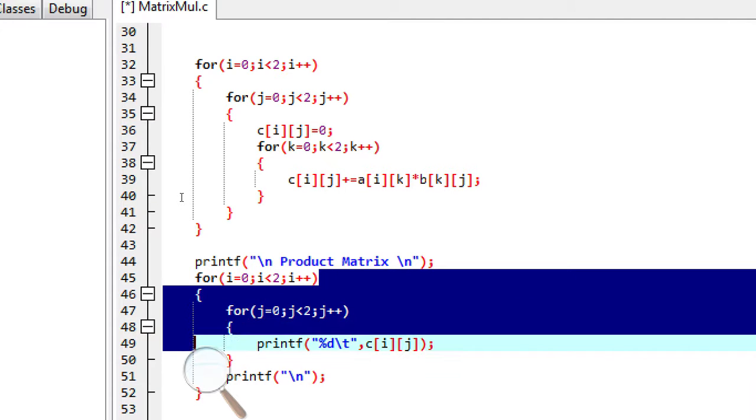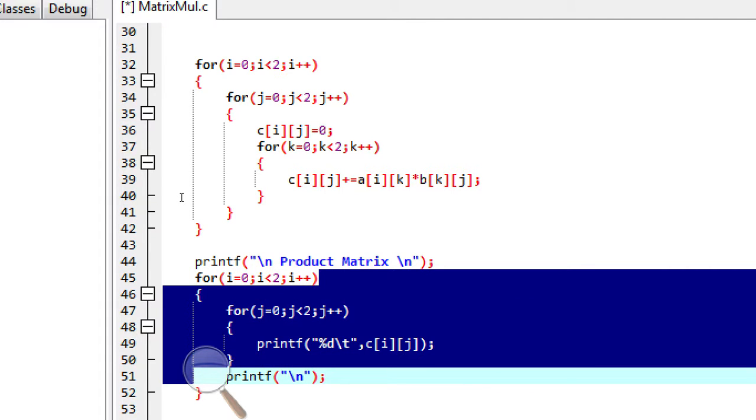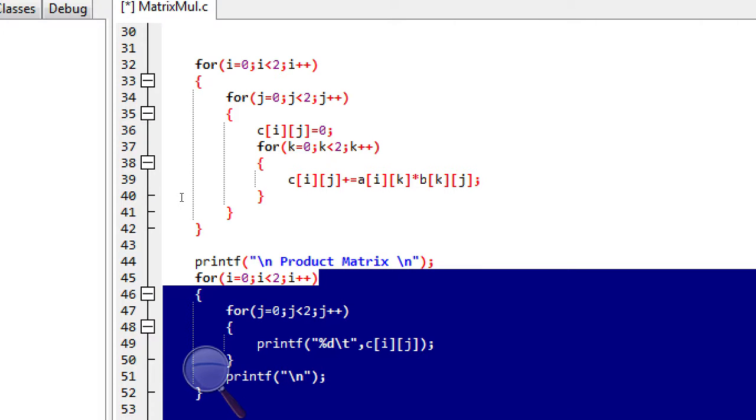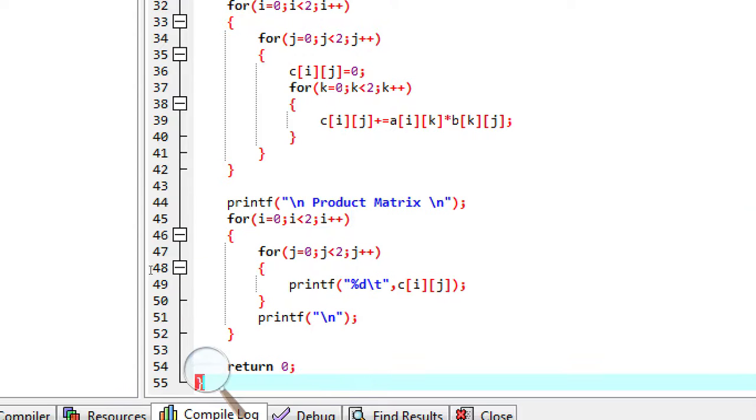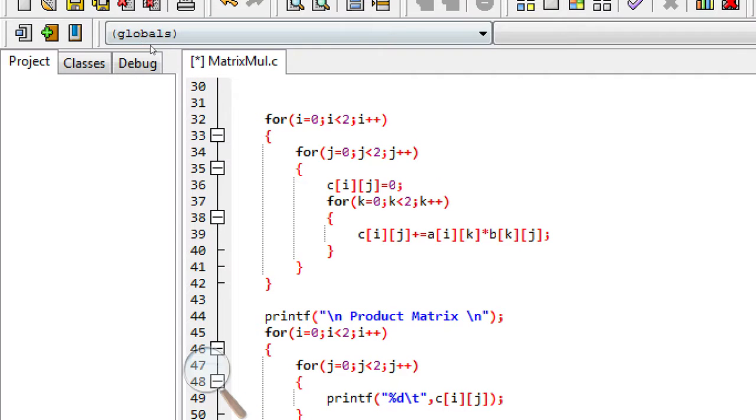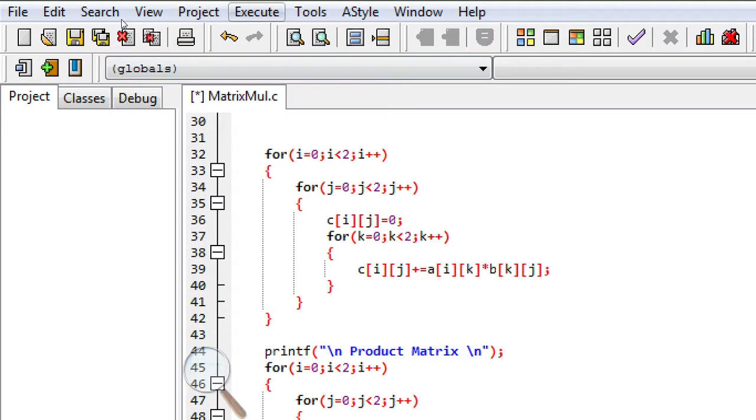Now in the second for loop, within this for loop we print the values for C of ij. Then at the last we will write return 0. In this way we can implement the program for the matrix multiplication. This is one of the simplest programs that we can execute for the matrix multiplication.